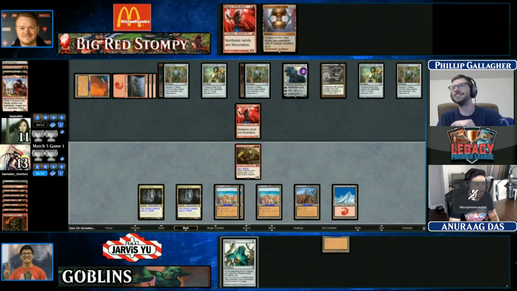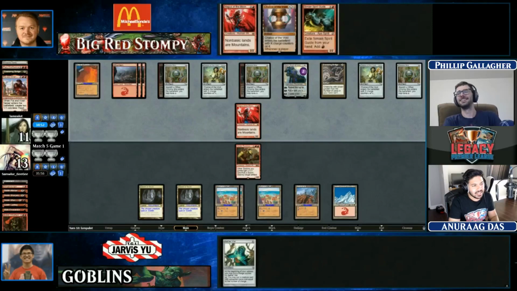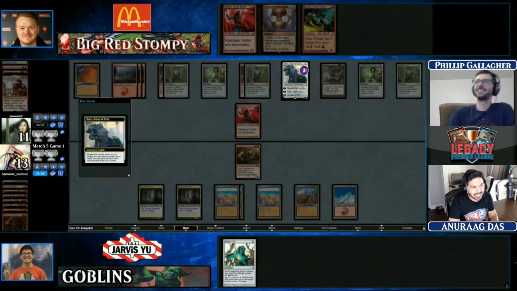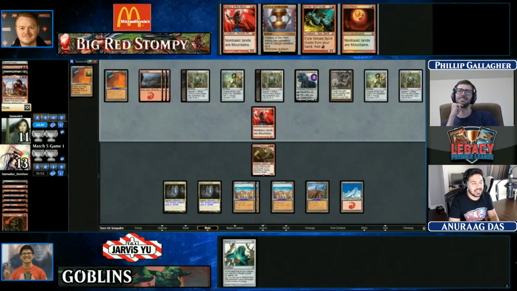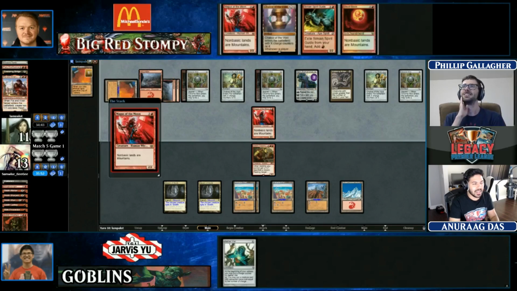Oh, God. Okay, well... Jarvis, why? At some point, Jarvis will draw a Goblin, and things will happen. But until that point, Big Daddy Karn is going to take over the game. And I like...